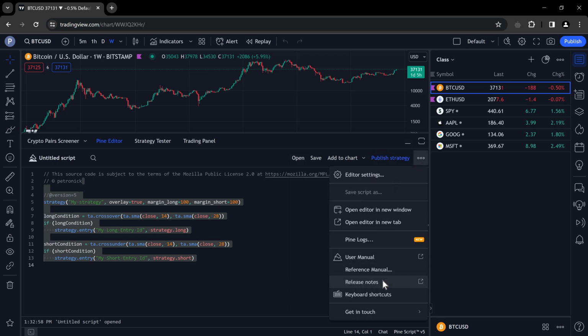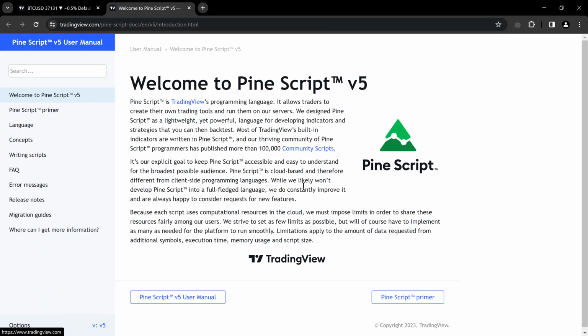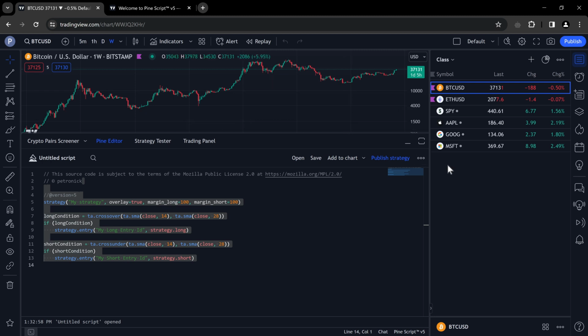You can use this button to access, for example, the user manual of Pine Script. You click on this, and here you can browse or search within the Pine Script version 5 user manual. Also, there is a